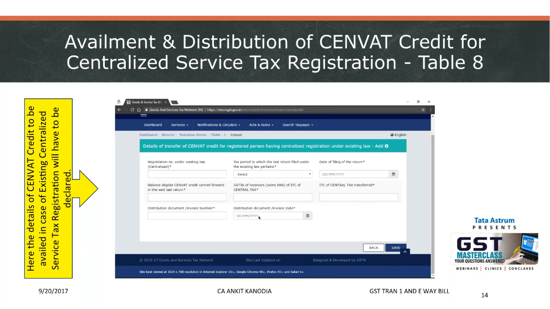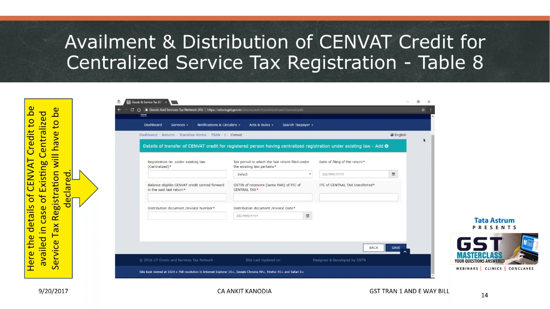Again, there is a section 140 subsection 8, wherein the law tells us if you are a centralized registered SSE under the service tax regime and you have certain credits to be carried forward, if you are a service tax SSE having centralized registration under the service tax regime, so you have filed your service tax return from the premise from where you have taken centralized registration. Now, under the GST regime, there is no concept of centralized registration. So what is happening? Suppose you have a closing CENVAT credit of 1 lakh rupees in the location of West Bengal. But now there is a GST liability for the month of July and August, which is coming up at